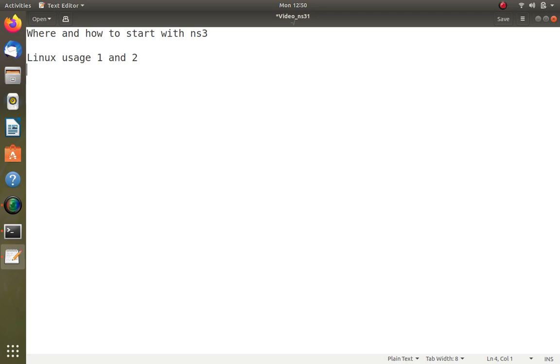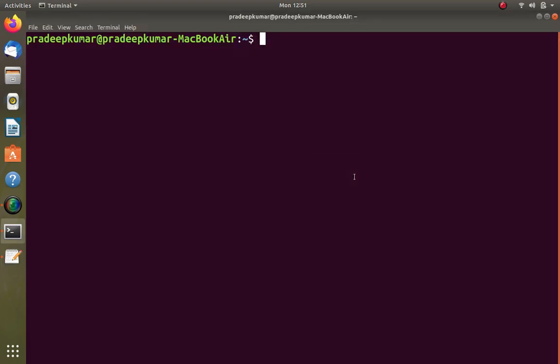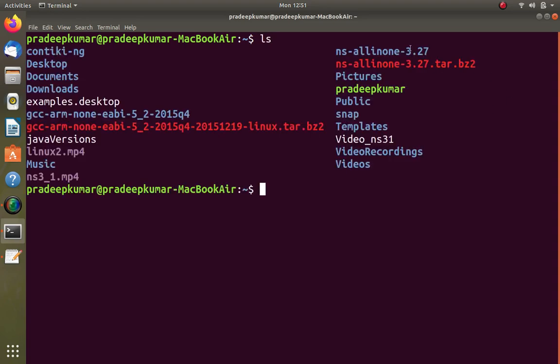So you might have learned 25 Linux commands in the first two lectures. Then and there I will be informing you about the new commands that we encounter during the learning of NS3. Okay. So now I just open a terminal. In this terminal, first check ls. We are going to work everything in this folder, ns all-in-one-3.27. Only in this folder we are going to do all these things. First, we'll go inside this folder.